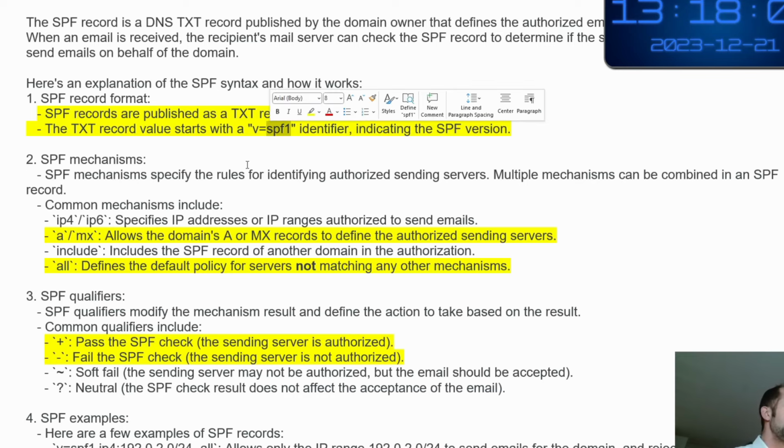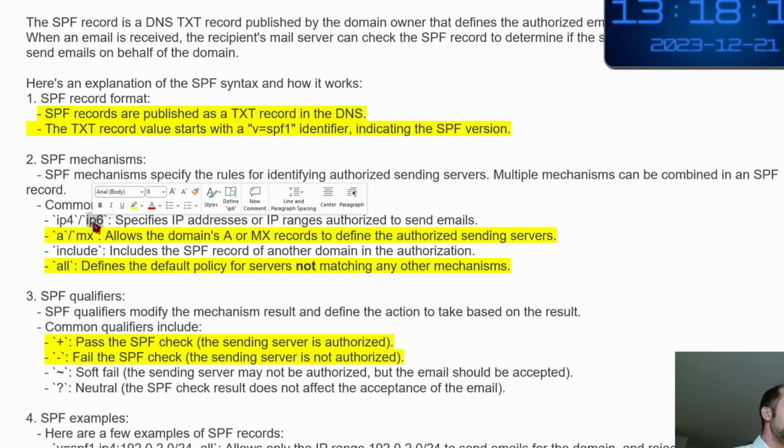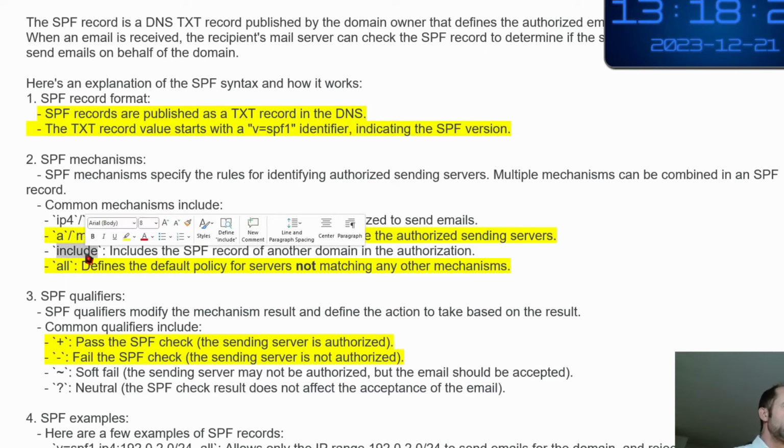This is only the first for the moment. Then there is what is called an SPF mechanism. Between IP4, IP6, or you can also put MX to say that what is following will be allowed for the mail exchange server, but you can also include a remote domain name, so you can delegate the work to a remote mail server, like for example SendGrid.